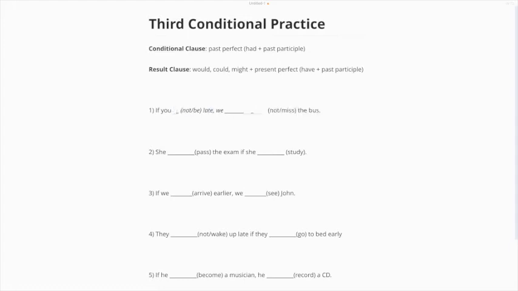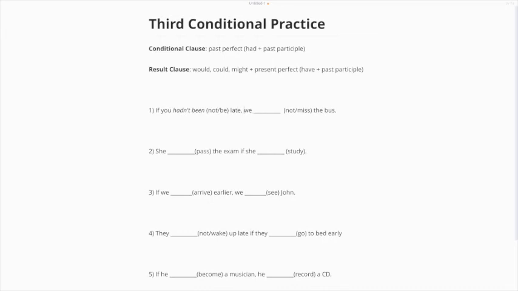So we need literally the word had, and the past participle of be. Oh, sorry. Because it says not, we're talking about a negative sentence. So we're going to put hadn't. And now we're going to use the past participle of the verb be, which is been. If you hadn't been late,